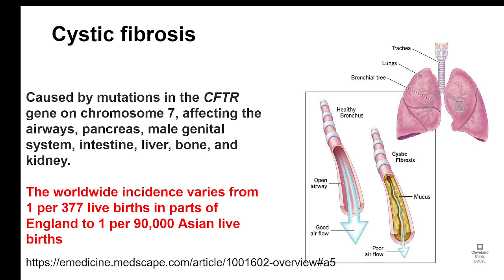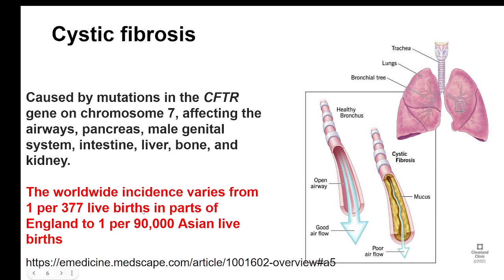Among the diseases of the pancreas, one of the important congenital genetic disorders is cystic fibrosis. The incidence of cystic fibrosis is not very low, and it is also an important disease because it produces multisystemic involvement. The incidence varies from 1 per 377 live births in parts of England to 1 per 97 in Asian live births. In India, compared to Western countries, the incidence of cystic fibrosis is lesser,